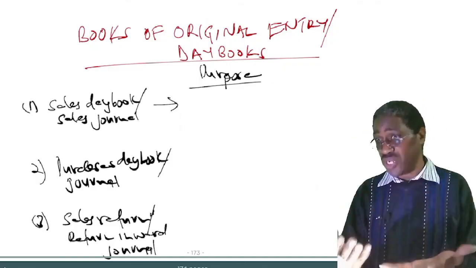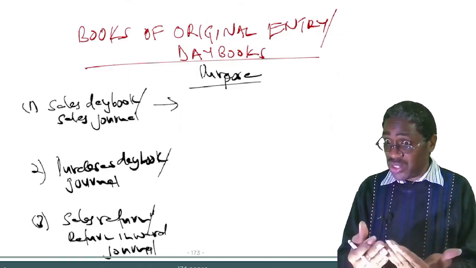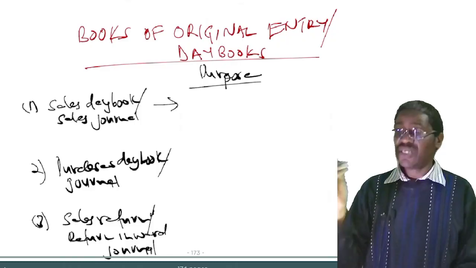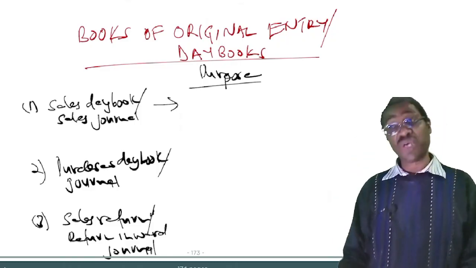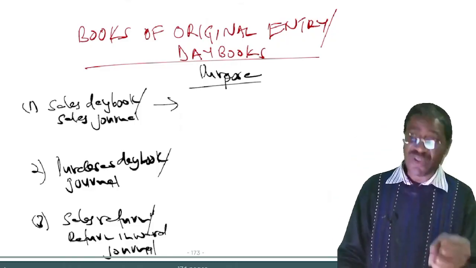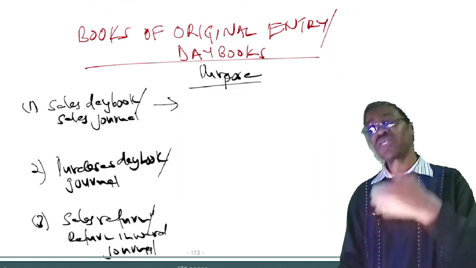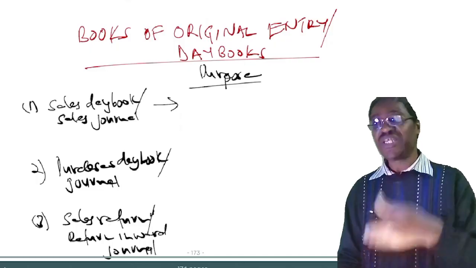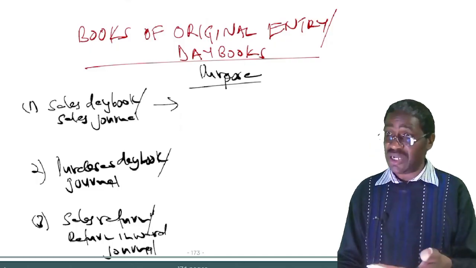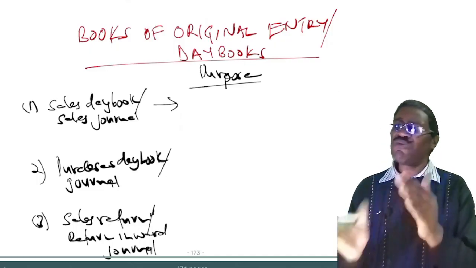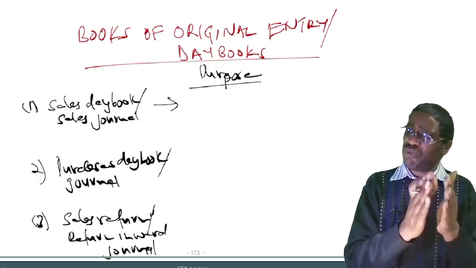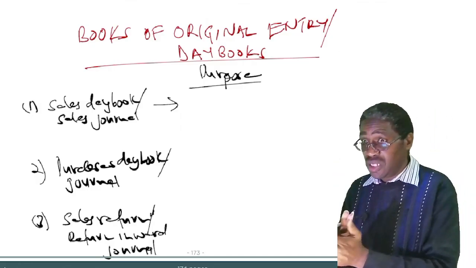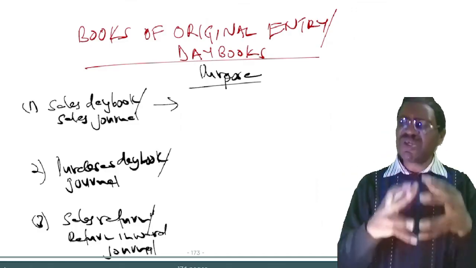When you sell goods on credit, your sales are increasing. So your revenue is increasing. The rule says you credit. Your debtors are also increasing. We did not have a debtor before, but now that you have sold goods on credit, our debtors have gone up. You have created a debtor. When debtors increase, a debtor is an asset. The rule says you debit. So before you debit debtor, and before you credit sales, that transaction should first be recorded